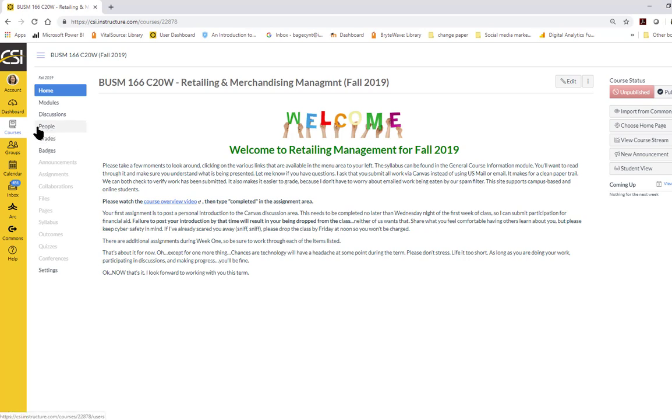You can see a list of people here if you need to get hold of someone, maybe play catch up. You can see your grades, and we're going to be using badges for the first time for this class. As an FYI, badges are growing in popularity because they allow you to demonstrate more clearly what you've learned. Course outcomes can be a little bit vague, so badges give you an opportunity to show more specific skills and knowledge.